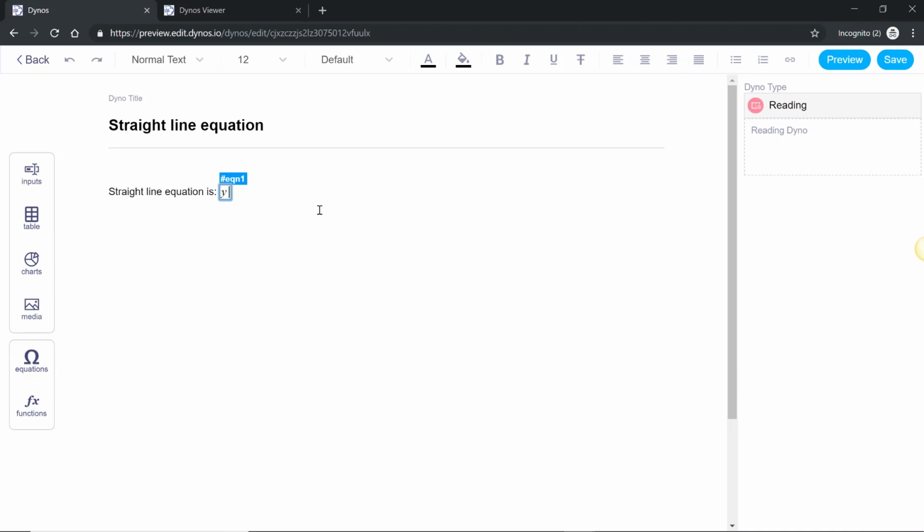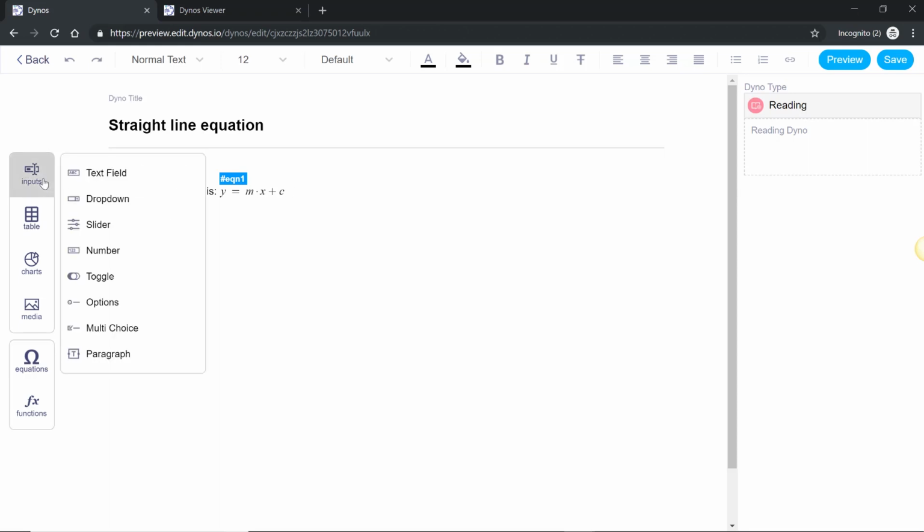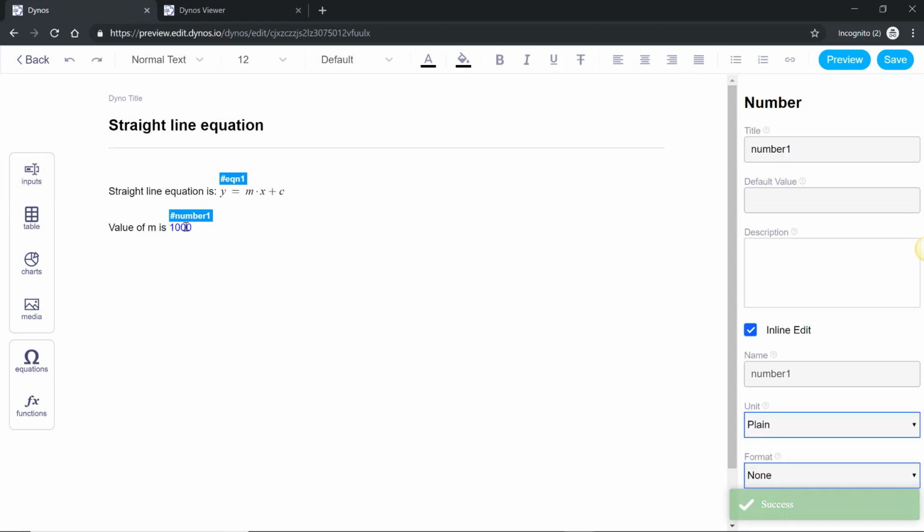I'll say y equals m times x plus c. Now I can say value of m is, go to inputs and select number, and instead of 100 I'm going to pick 2.5 here,